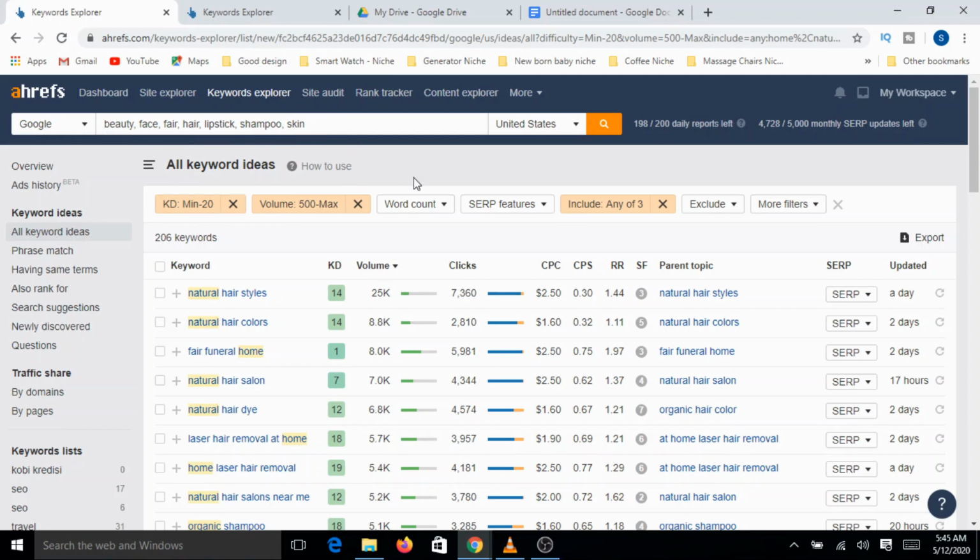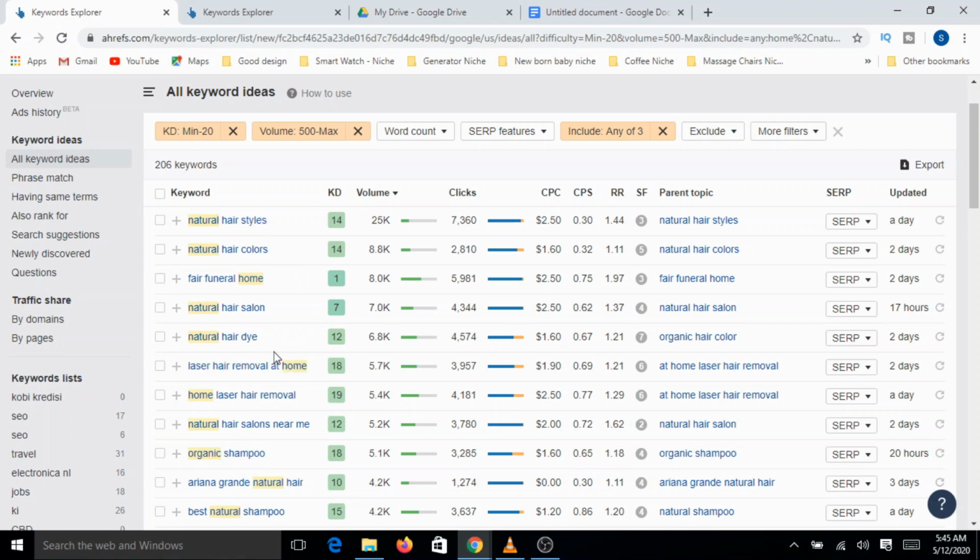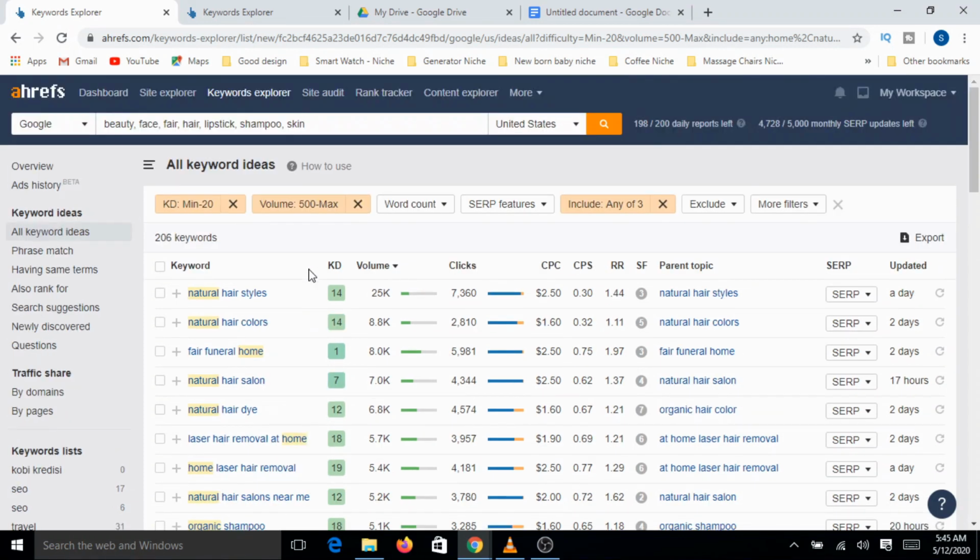Okay, so now if you see here, last time itself we picked up all the relevant keywords and filtered, and also we included some of the other common terms. So finally, we derived about 200 plus keywords which are perfectly associated with this particular micro niche. Now the next step is picking up keywords among these and then expanding them to convert into an article, right? That's what we need to do.